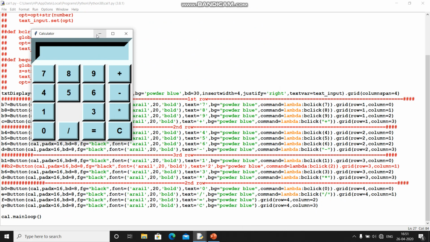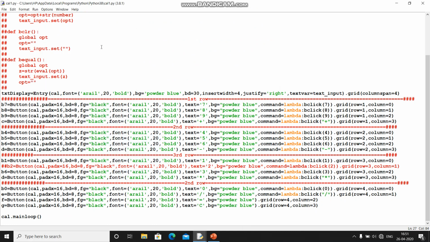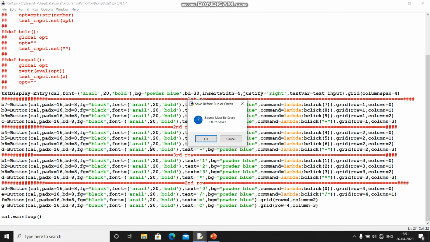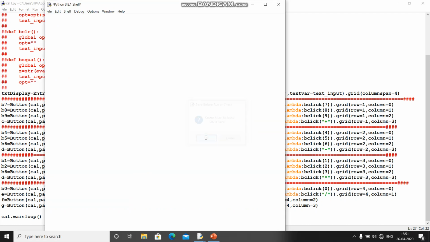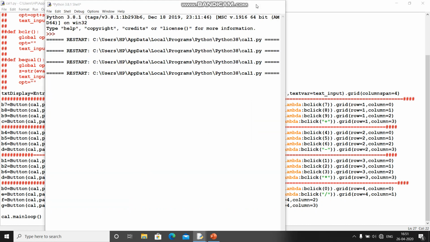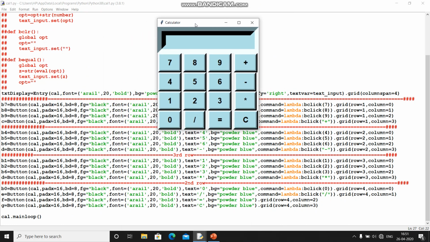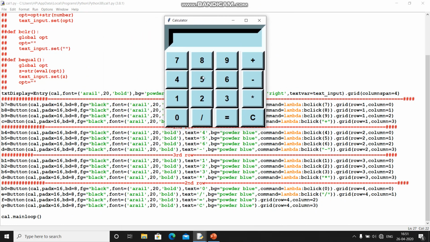One is missing. So we are getting all the buttons on the calculator.